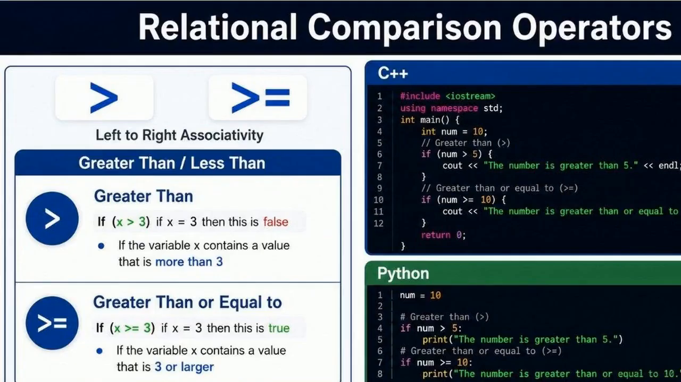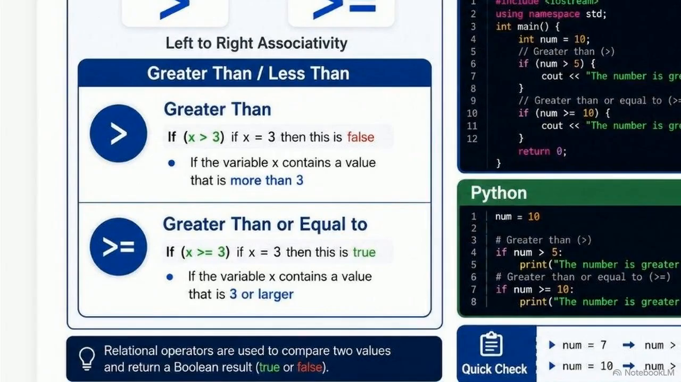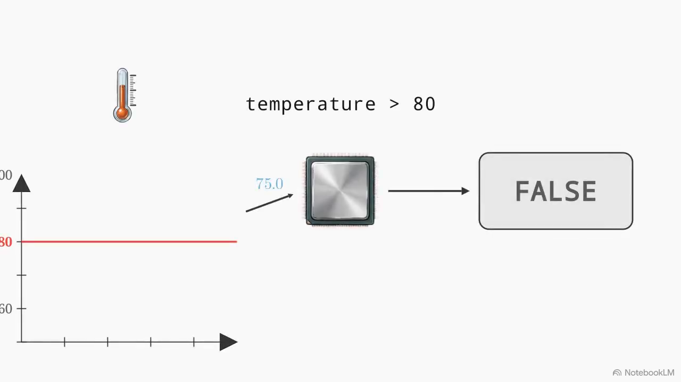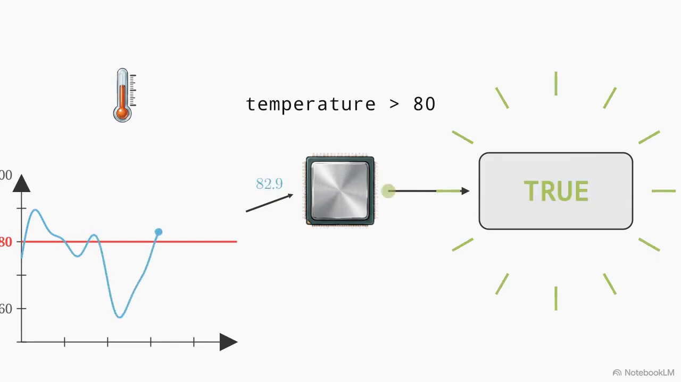For numeric thresholds, developers use greater than and less than symbols. The left panel shows the critical distinction between checking if a value is strictly greater than a number versus greater than or equal to it. Relational operators act as the sensory inputs for the program. They translate continuous, real-world data, like a fluctuating temperature reading, into a discrete binary Boolean value that the logic gate